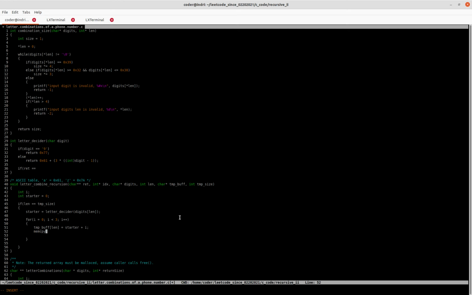then memory copy the return, return index plus plus, minus plus 1, and from temp buffer and lines times size of char. Yeah, here we go. That's memory copy. And when that is done,